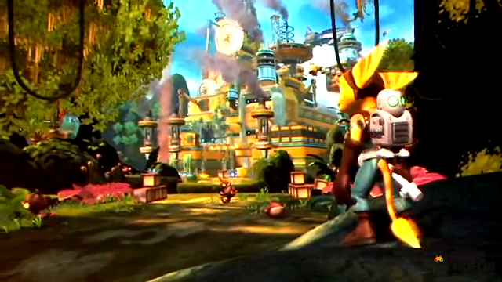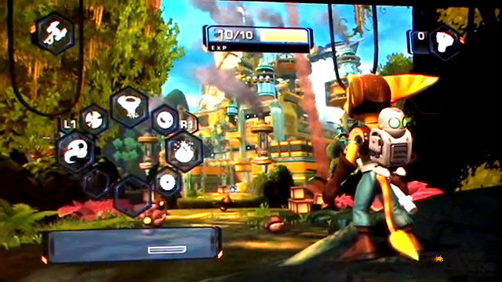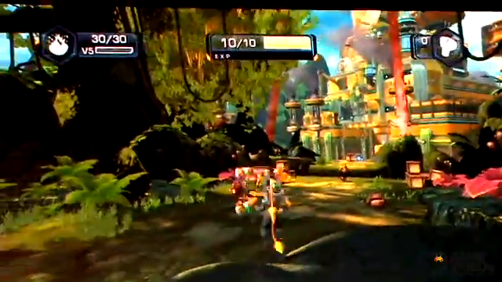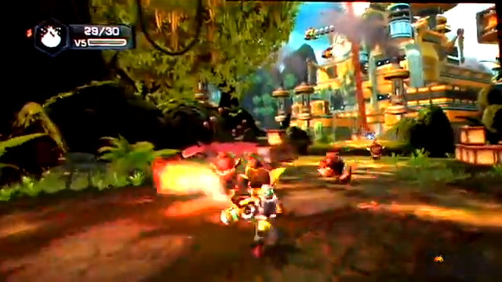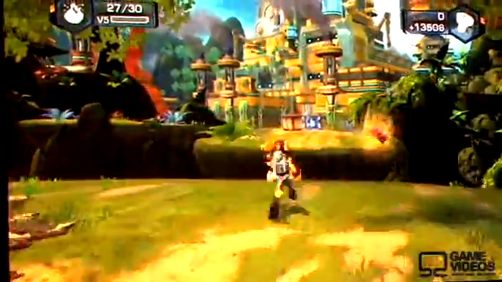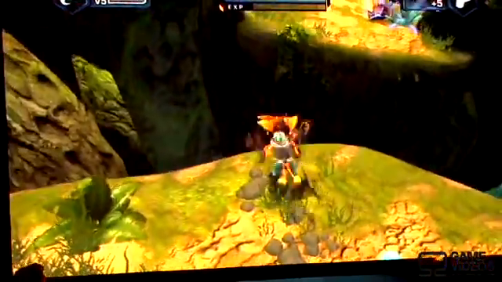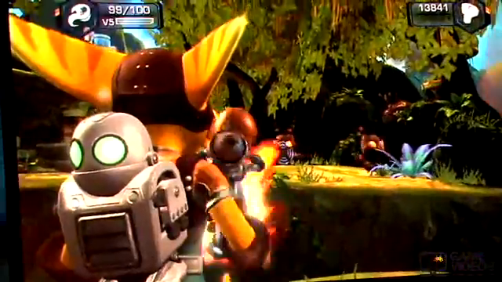So this is our Kirchu City level, and Ratchet's just landed, and it's under attack by space pirates. So I'm going to take out some of these jungle critters down here with the Pyro Blaster. Torch them. Hop over to this rock here. Smash through some crates. And this is a new weapon here called the Combustor, which I can fire out shots